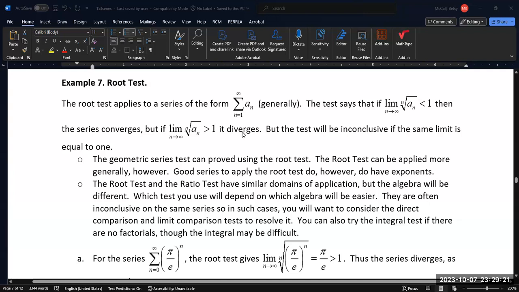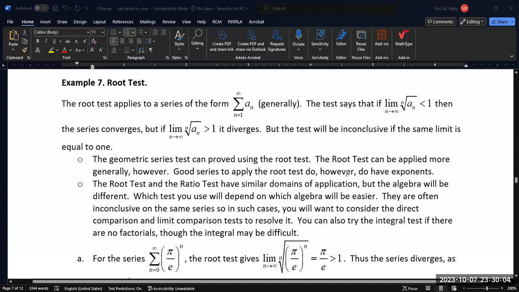Now, we can actually see how this relates to the geometric series test very easily. Series that look like the geometric series, but maybe are slightly more complicated than that, are ideal for the root test. Things that have stuff to a power of n will simplify when you take the nth root, and then you can see what happens when you let the limit go to infinity. If you have things like factorials, it's not exactly obvious how they behave in the nth root, because there are no powers to cancel,